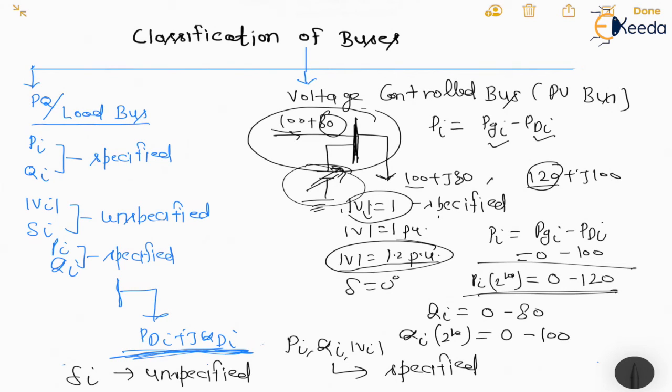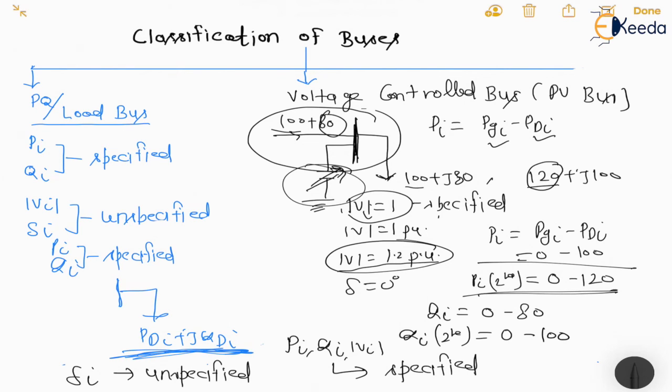So this is the condition of shunt capacitor compensation. Either we can take a tap changing transformer, and still the cases of generation and demand will be the same. Voltage will be controlled either by tap changing transformer or by voltage booster transformer, so that will not affect Pgi and Pdi or Qgi and Qdi. So it will always be the same. So this is the concept of the voltage control bus.